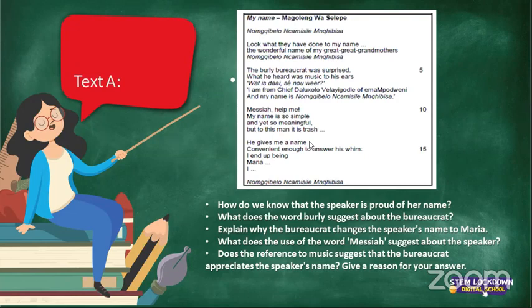That her name had so many clicks. For him, it was just a series of sounds without any meaning because he doesn't know what it means. He can't pronounce it or spell it, so it is unrelatable. So the question then asks, does the reference to music suggest that the bureaucrat appreciates the speaker's name? No, it doesn't. So your first mark would be for saying no, because there's no form of appreciation shown by